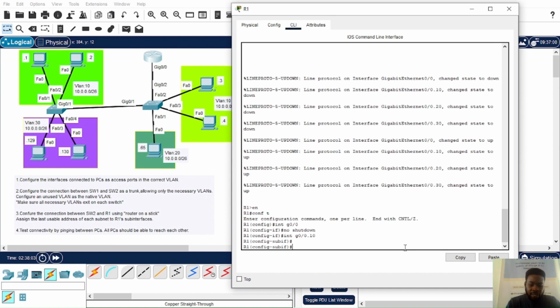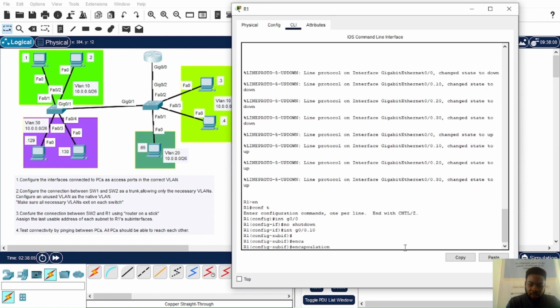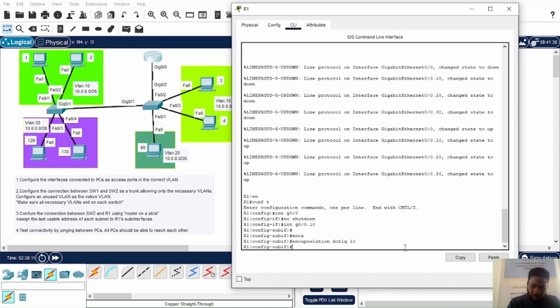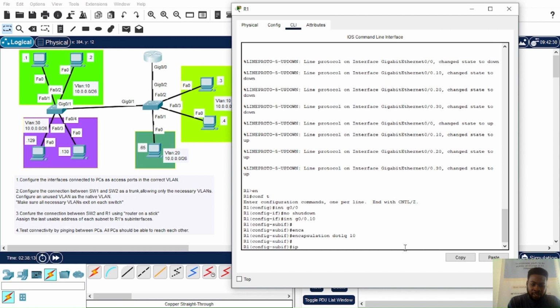So encapsulation dot1q for VLAN 10. So IP address. You have to use the last usable address for each VLAN. So here I use 10.0.0.62, subnet mask 255.255.255.192,